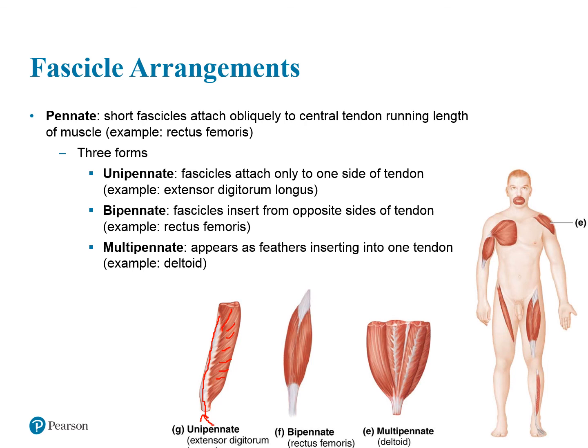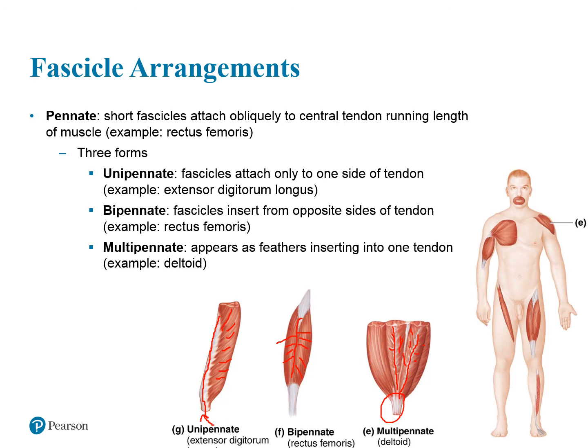Guess what bipinnate means? Right. Bipinnate means that we're going to have that tendon, but the fascicles will attach to both sides of the tendon. So the rectus femoris is an example of this. Multipinnate means that we're going to have lots of feathers that insert into one tendon, kind of like the deltoid. So here you can see the tendons running in this direction, the fascicles attached to both sides. There's more than one, and they're all converging